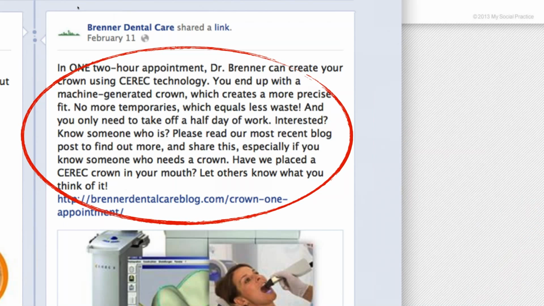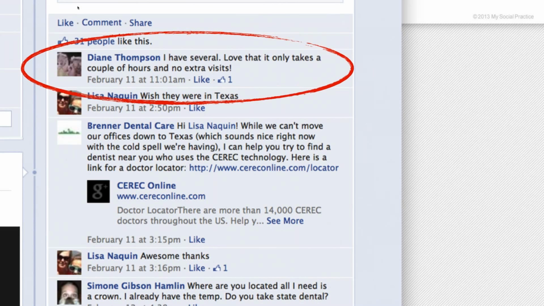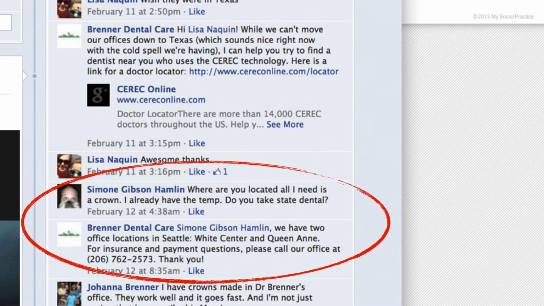Chime in if you have had one of these crowns and what do you think about it. So one of their patients chimes in and says, I love these, I've had several, it only takes a couple of hours, no extra visits. And then if you scroll down a little further into this conversation, you notice another potential patient, and I'm guessing it's a potential patient and not a current patient, this Simone Hamlin, because she asks, where are you located? I already have a temporary, I need a crown, and she starts asking about insurance,